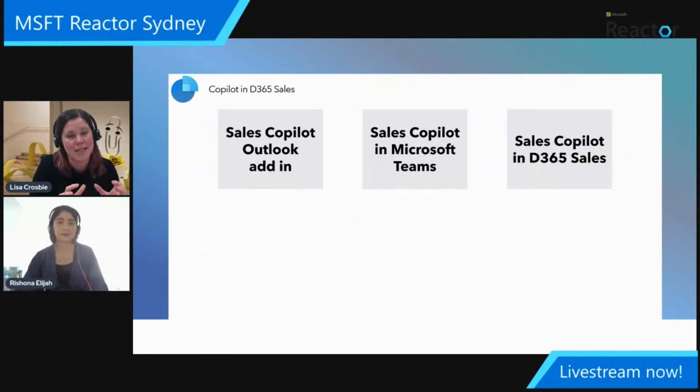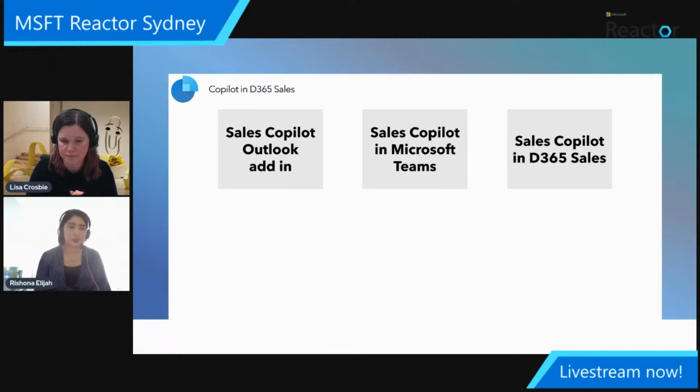So it's one of those things that, depending on where we're up to in the stack, you will have a different experience of the licensing. But generally speaking, the Dynamics 365 stuff is included in those premium licenses, which is a bit different from how the Microsoft 365 stuff is licensed. All right. Also, as we go along, we'll probably just point out which features are currently available to you and which ones are also coming soon, and if they're in Australia or whatever region it is at the moment.